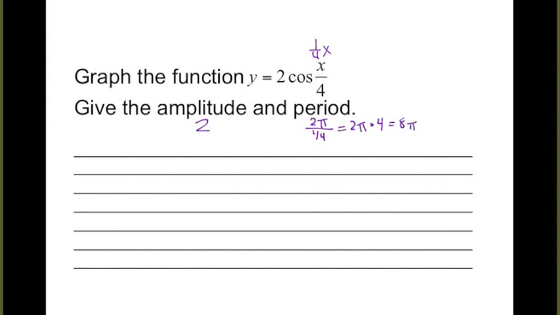So my period is going to be 8 pi, and I don't have enough room to fit that on my paper. So I'm going to have to make an adjustment to this graph. Before I do that, this is a cosine. So I'm going to go up, middle, down, middle, up. The adjustment that I'm going to make to this graph,